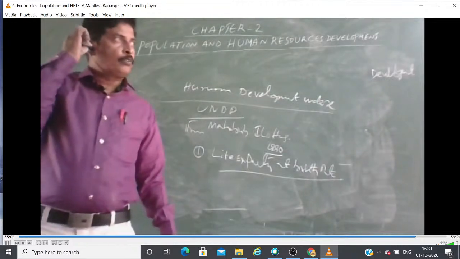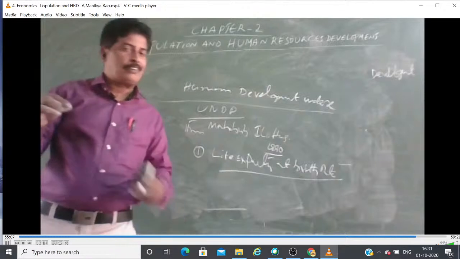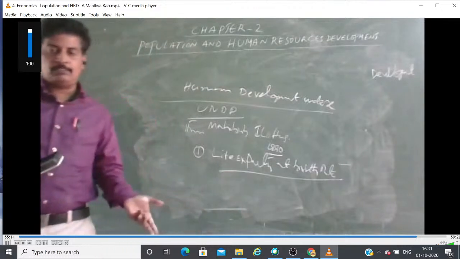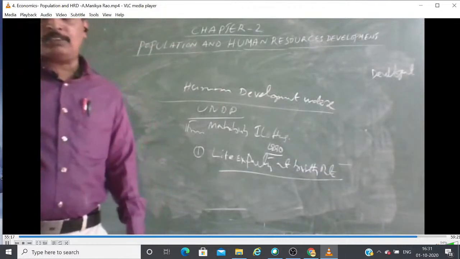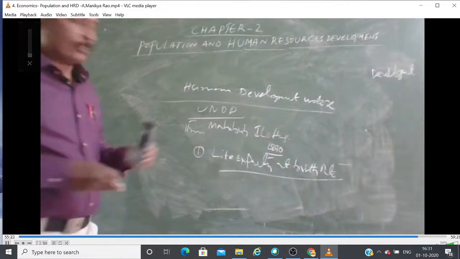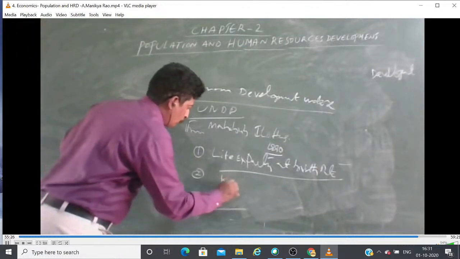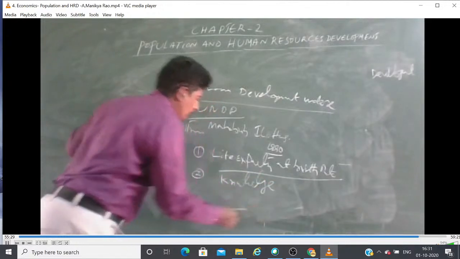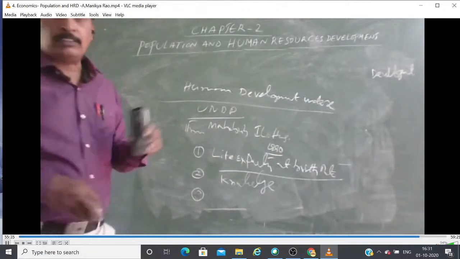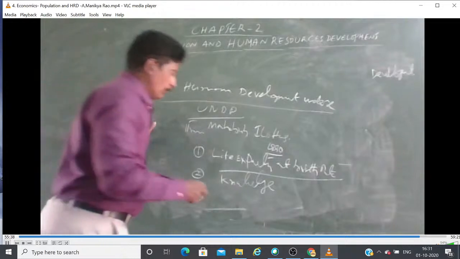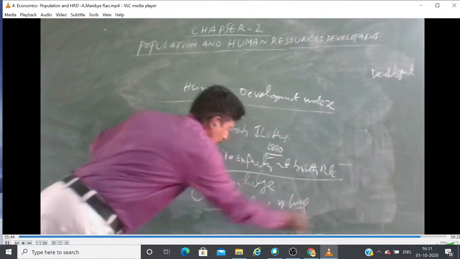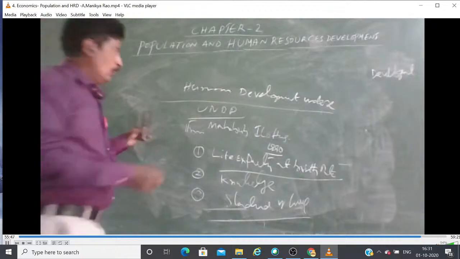According to recent years, life expectancy at birth is nearly 69 for males and 70 or 74 for females. And the second one is knowledge, measured in terms of education. The third one is standard of living. It is measured in terms of PPP, purchasing power, and standard of living. So HDI is always calculated